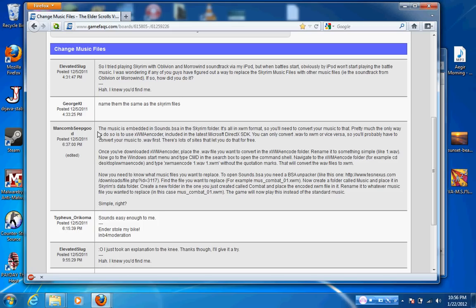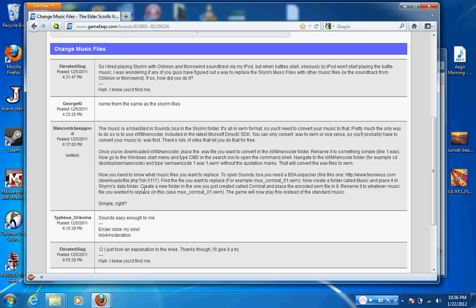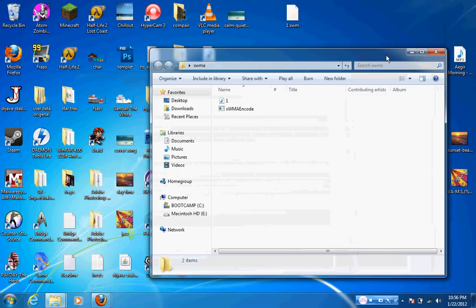So this is actually what I had to read up on before I did it. The thing you need is Microsoft DirectX SDK, and I got the 2010 version. It's free. It's like 500 megabytes. So make sure you actually want to do this before you actually do it. You might need that. Honestly, I'm not entirely sure, and I'm not going to go back and check it